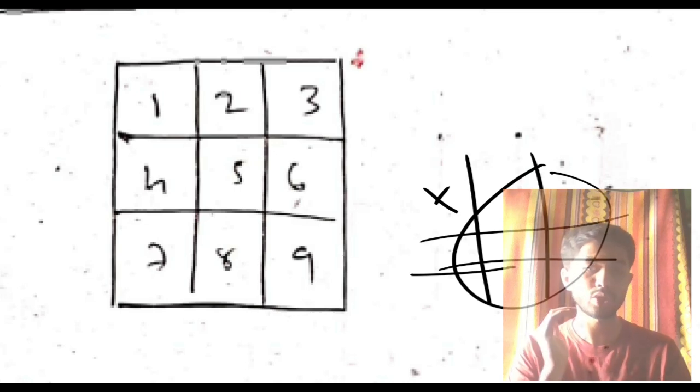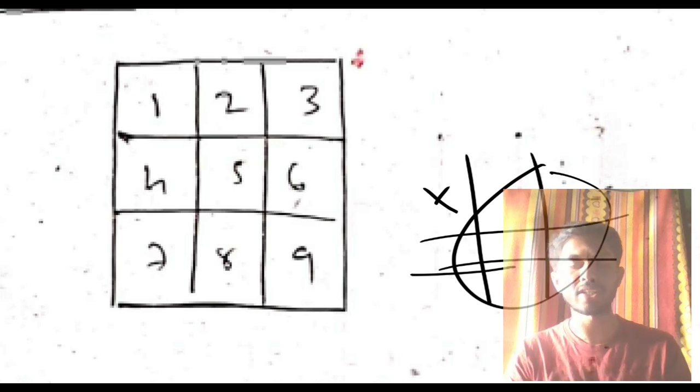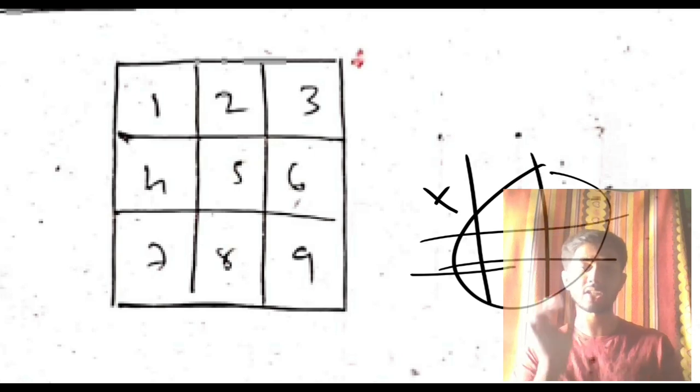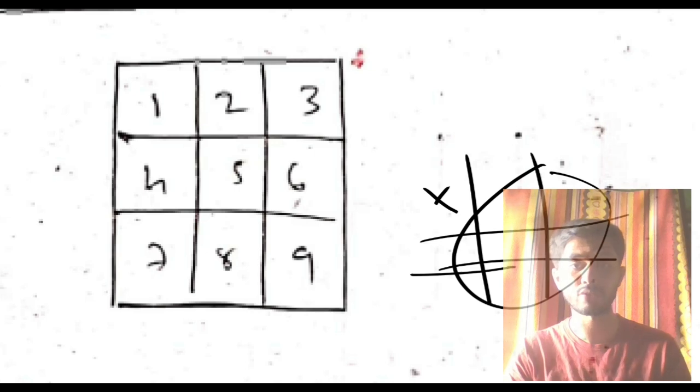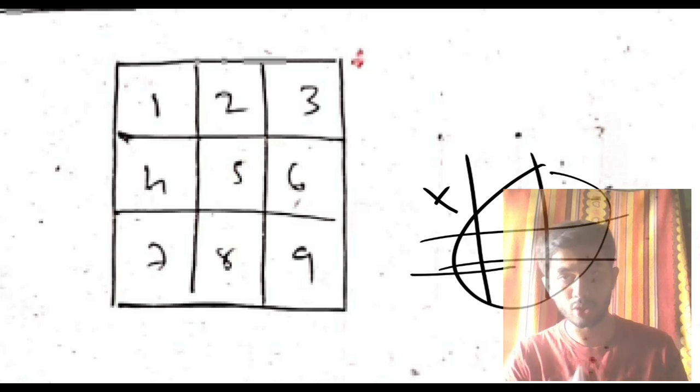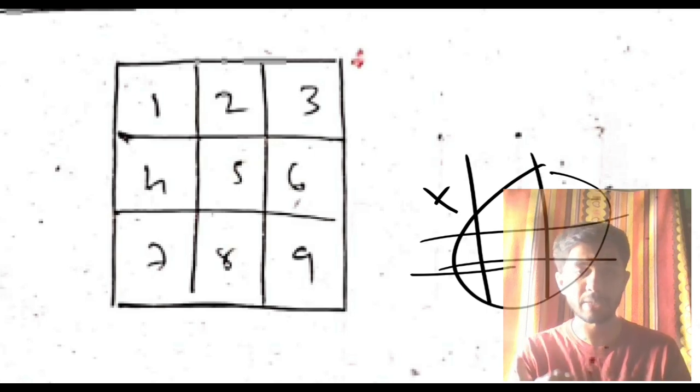Now listen to the advantage and disadvantage. Advantage is that AI is able to play, everyone is happy, it's getting automated, we are getting more ahead in technology. But the disadvantage is that it will take a lot of time to compute from the huge number, 3 power 9 is a very huge number. It will also use a lot of resources to compute. So these 3 disadvantages, cost, time, as well as computation resources. Because of these 3, we have moved to the second approach.